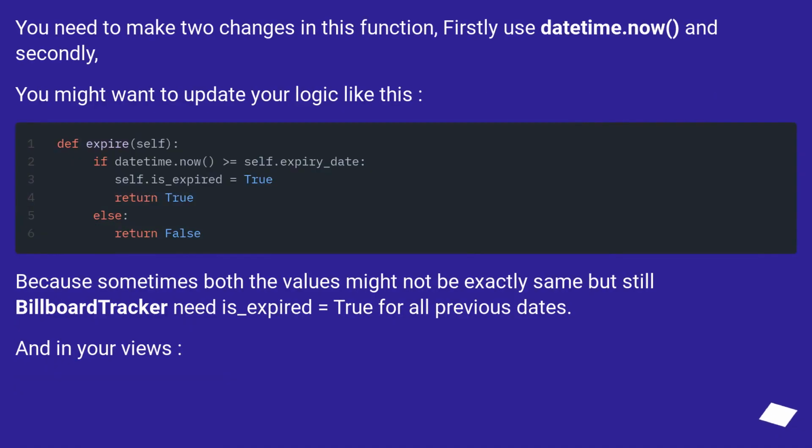You need to make two changes in this function. Firstly, use datetime.now, and secondly, you might want to update your logic like this. Because sometimes both the values might not be exactly the same, but still billboard tracker needs is_expired equal to true for all previous dates. And in your views,